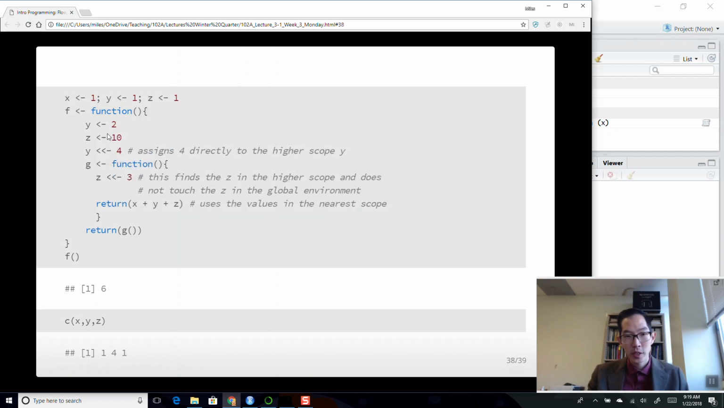Something similar: I've got y is 2 and z is 10 inside the function for f. And y is 4, and then here it asks us to do this. Okay, so let's execute this. And so here we get